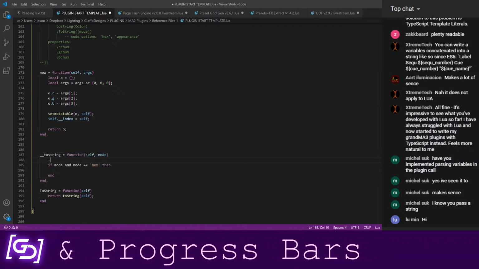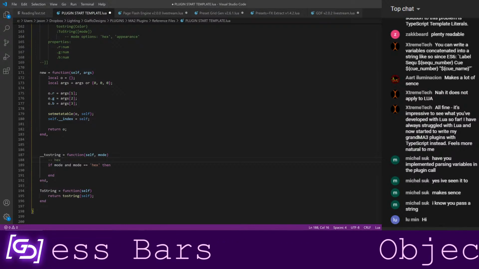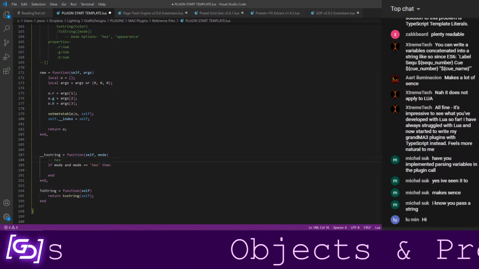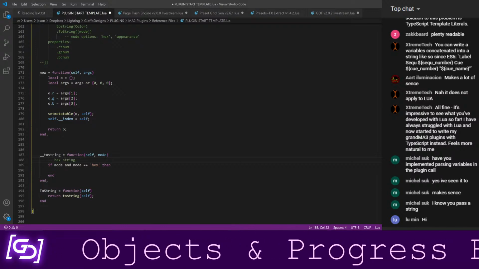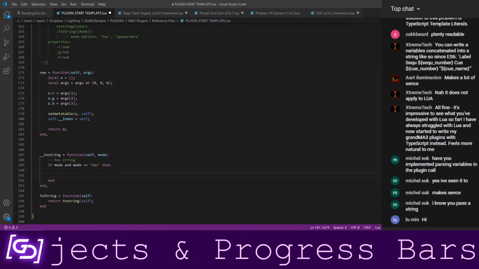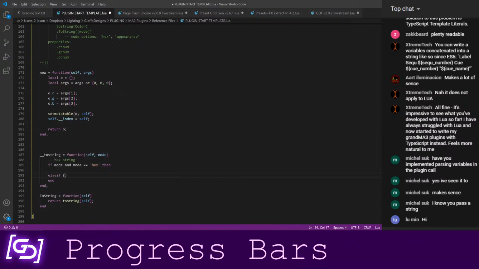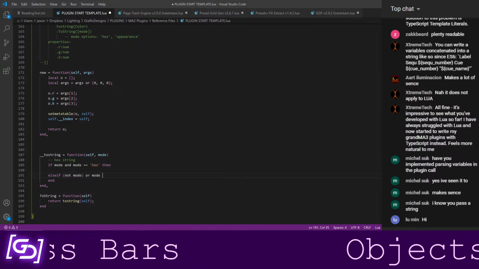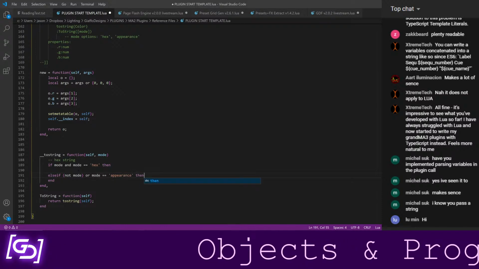So I'm just going to build our skeleton here. Hex string. And then I'm going to say else if not mode or mode equals appearance, then.